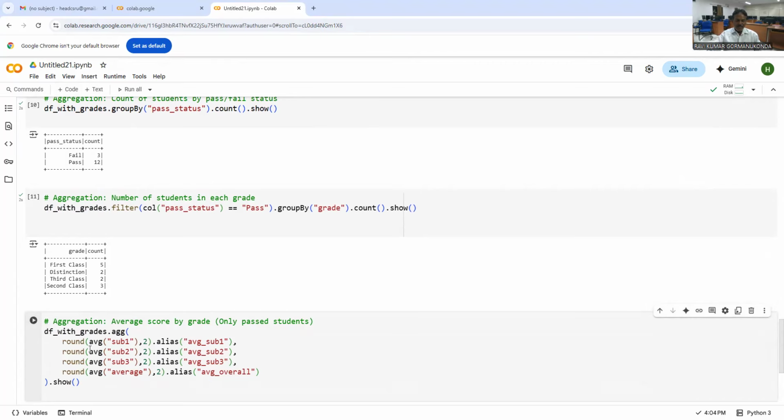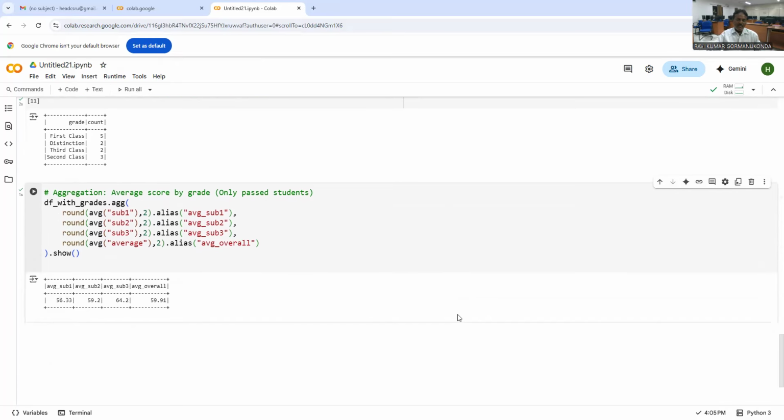In the aggregate function, we apply the round function, average of subject 1, then subject 2 average, subject 3, and the overall average also. And we also give alias names. See this one. So overall subject 1 average